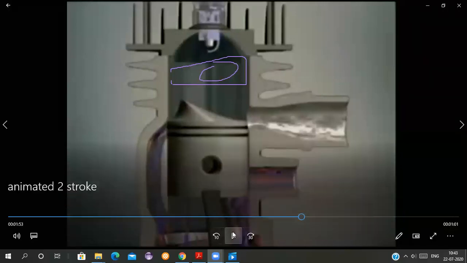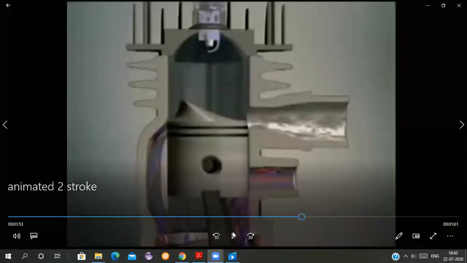So see here now what is happening. The exhaust port is now open a little bit, but the transfer port is not open, so the exhaust gases start leaving the combustion chamber and going outside. Then as the piston moves down a little bit more, see what is happening. The transfer port is getting open, and the air fuel mixture is moving upwards. The air fuel mixture is moving upwards, and it is then pushing the exhaust gases outside.